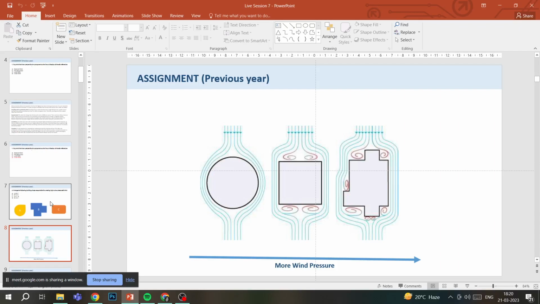Now, we have these patterns of winds, and it is shown how these patterns of winds are acting with the surfaces. For example, in the circular shape, the wind just has a very swift movement, and it just goes around the building and then goes back into the direction. While in the